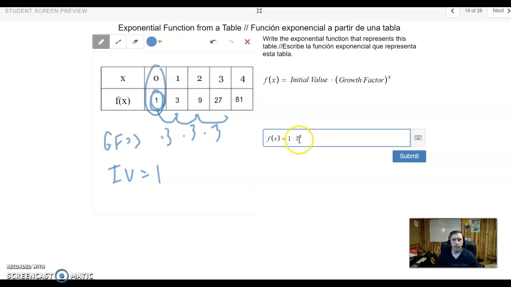And when I plug in 1, I get 3 to the first power is 3. When I plug in 2, 3 to the second power is 9. Plug in 3, 3 to the third power is 27. And 3 to the fourth power is 81. Try the next questions. The homework's at the